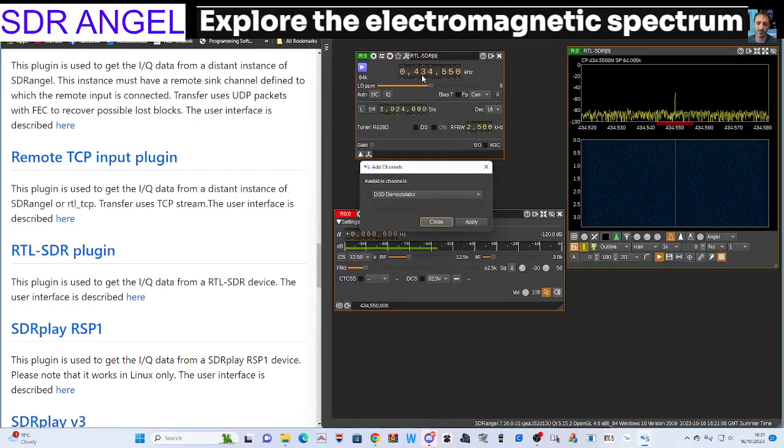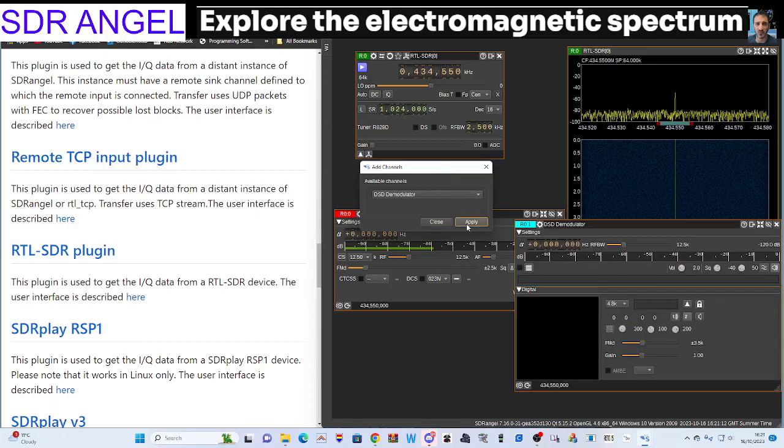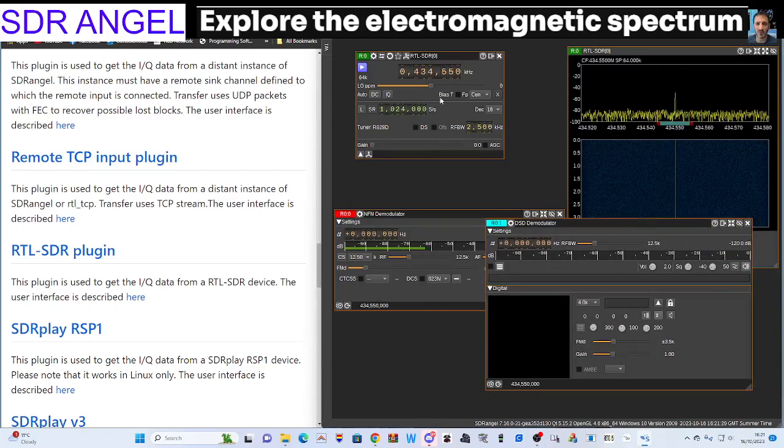can I change the frequency? Apply. So this is a digital demodulator, closed. Then I'm going to see if it will pick up anything that I've got here digital. So I'll change the frequency to my DMR hotspot, and then I'll try my Fusion. 431.550, play. So now I could grab my digital radio